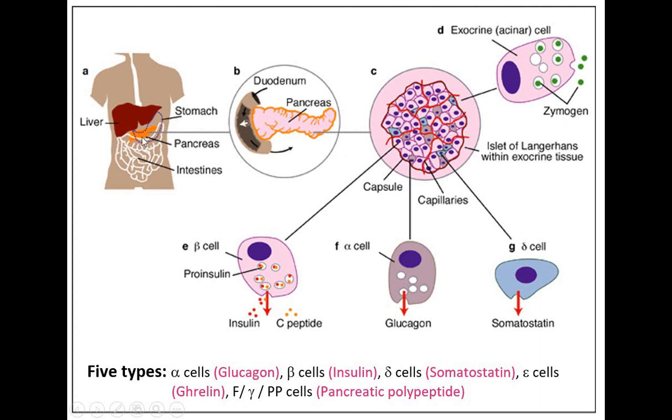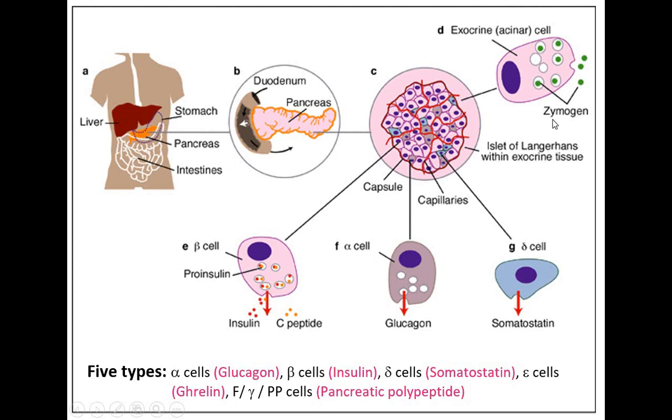Again, checking the diagram, you can just see that this is the part of the digestive system where the pancreas is located, just beneath the stomach, right? Here is the C-shaped structure, the duodenum, and in between that duodenal part, you can locate a pink, soft, elongated, lobulated structure, right? Histologically, it is made up of 2 cells. The large quantity that you can see is acinar cells, the exocrine part, and they secrete zymogen.